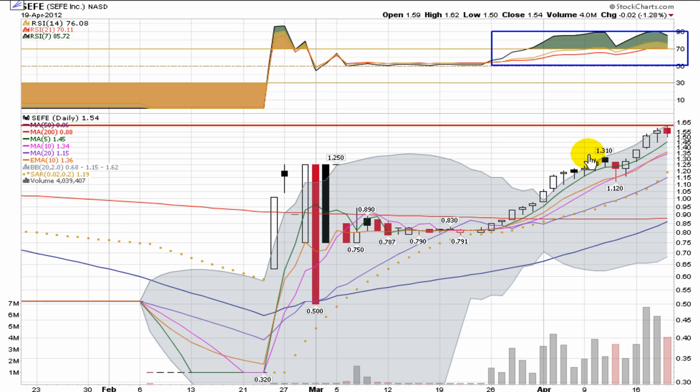Followed it up the next day, a little bit of a retracement, pulled back inside the Bollinger Bands, and then came another rise, still riding the upper half of the Bollinger Band. It's a very bullish position. I'd look for a couple different things on any sort of pullback. There's some pretty solid support running right through this $1.25, right up to around a $1.30 mark. I'd want to see it hold that solid support level, and then continue an upward trek,